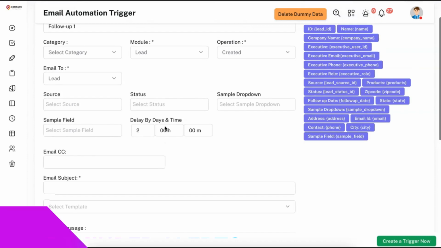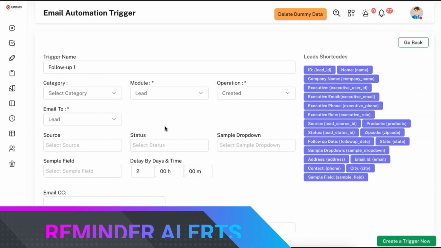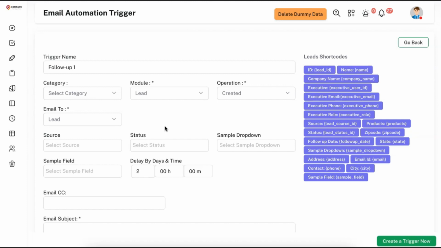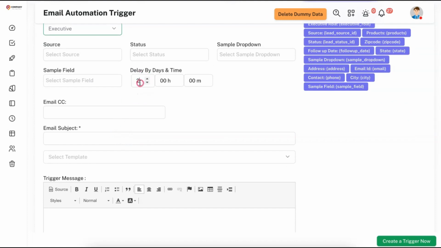Number 9. Automated reminder alerts. Again, with the help of this same email trigger, you can send automated reminder alerts to your sales team to whom this particular lead is allocated. In order to do that, let me create a new trigger name as reminder alert 1. And this trigger should be triggered to the executive. So whenever a lead is created, then send an email to executive. And on what conditions? You don't want any delay, then you can keep it as 0,